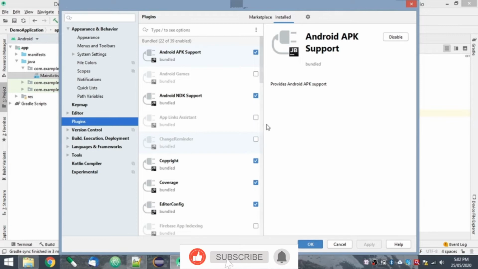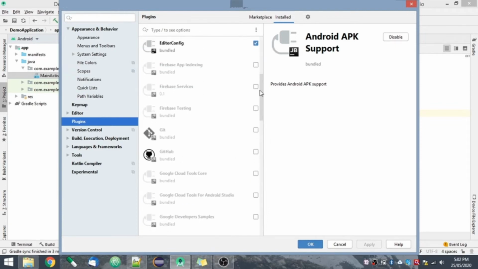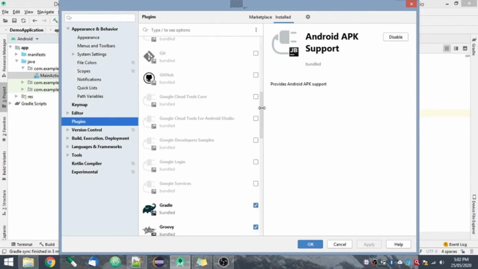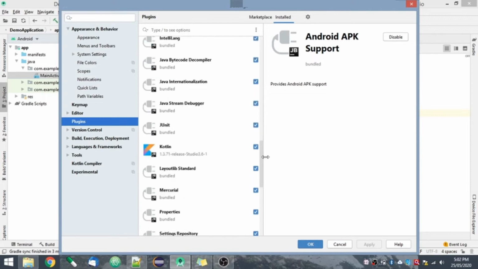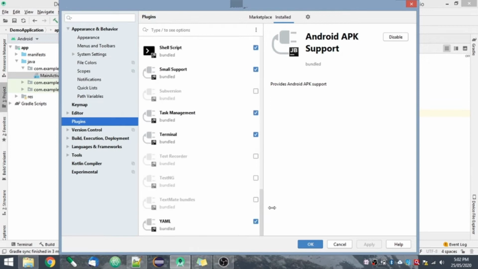So you can uncheck a few of the plugins, as I have done. You can uncheck Android games, App Link Assistant, change reminder, then you can uncheck the Firebase services, GitHub, then Google login and services, and you can uncheck Subversion, then test recorder, testng, TextMate bundles, all these you can uncheck.